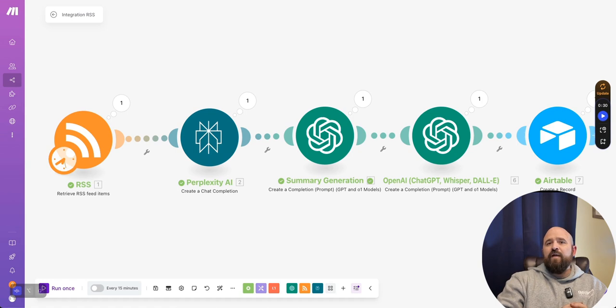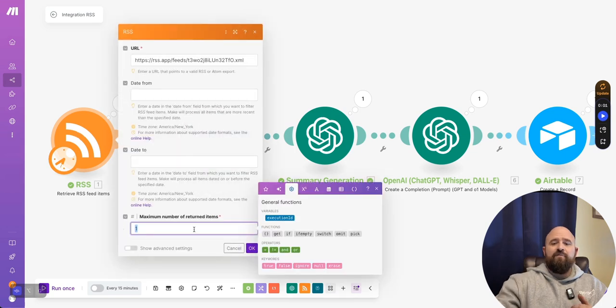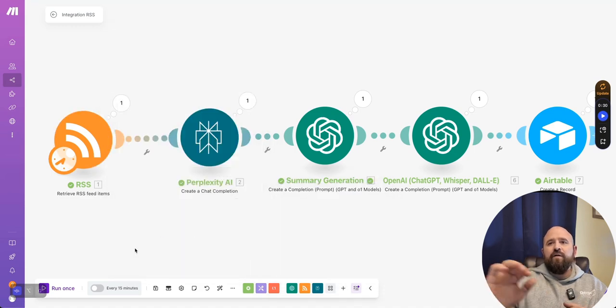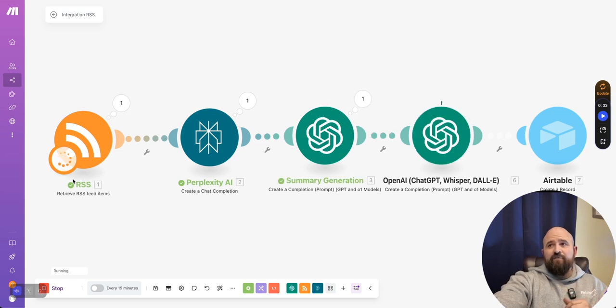Now let's see what happens if we have more than one thing here. Remember under the RSS feed, I set this to 1 and I said we could have 5. Let's set it to 5. What it's going to do is run this whole automation multiple times. Let's go ahead and say run once. It pulls it. Now you'll see that this is still spinning. And the reason that this is still spinning is because it's going to check for 5 different articles. And it's running through Perplexity, ChatGPT to create the summary, create the actual post, post it in